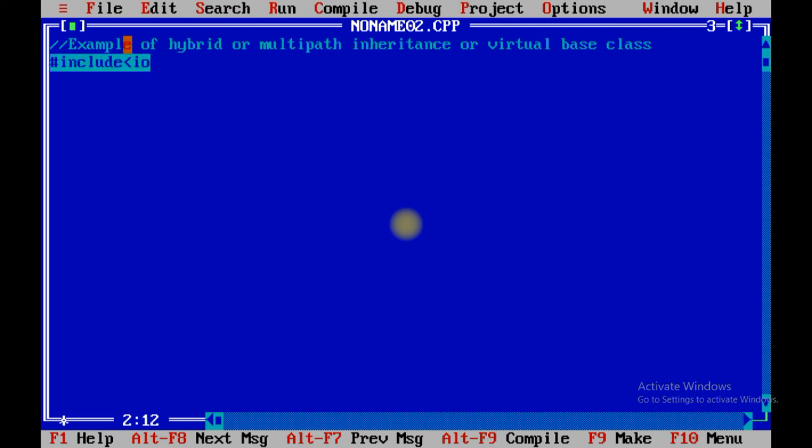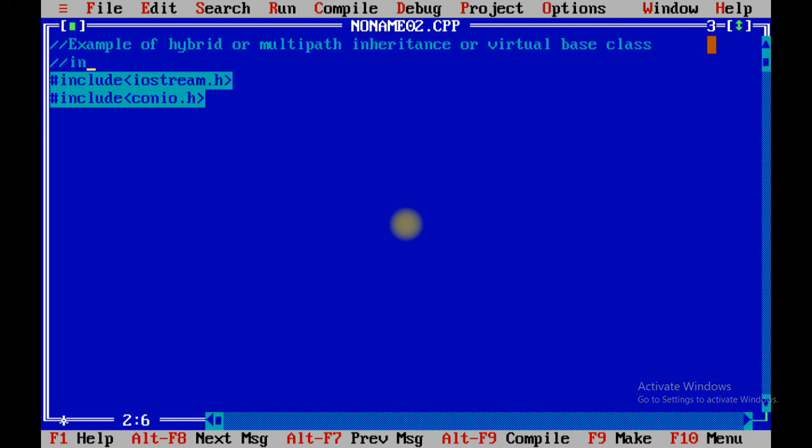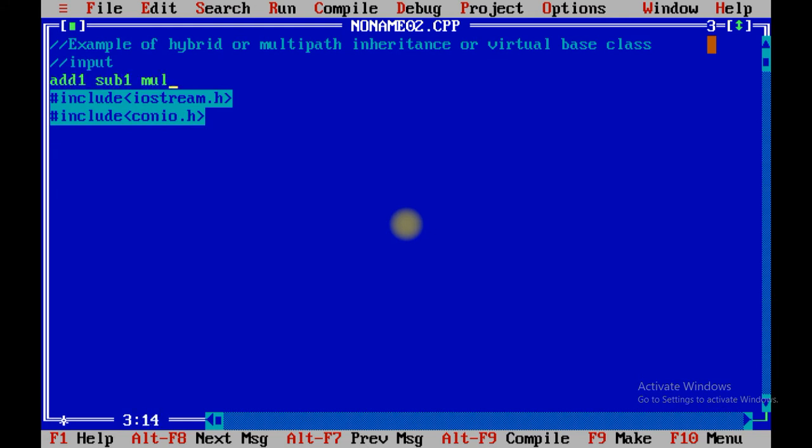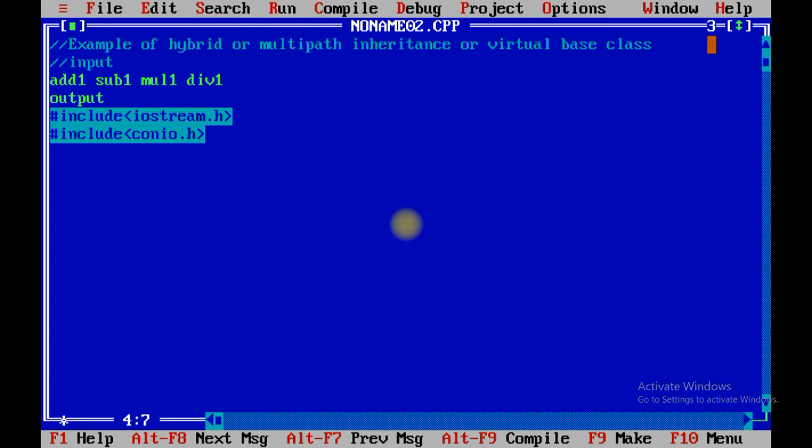Include two header files, iostream.h and conio.h. See, now first of all let me give the definition so that you can understand. I want to create one input class, then addition 1, subtraction 1, multiplication 1 and division 1. These four are the classes I want to develop, and at last output.